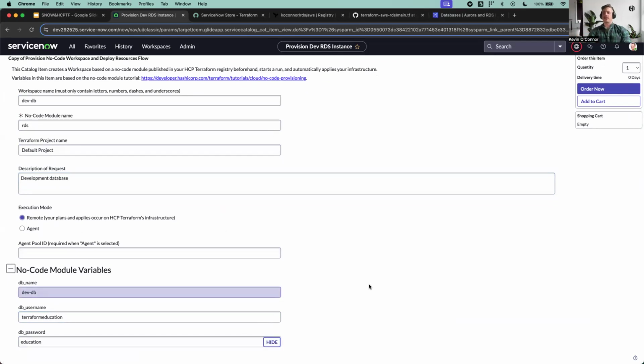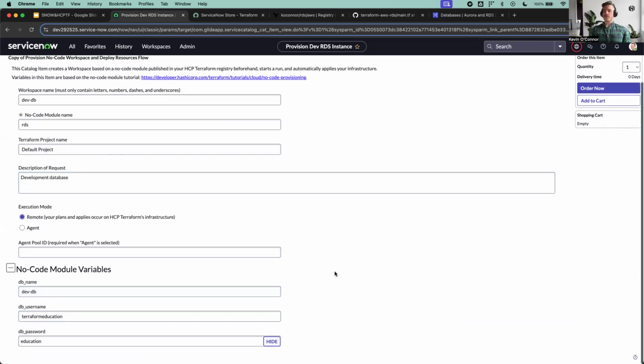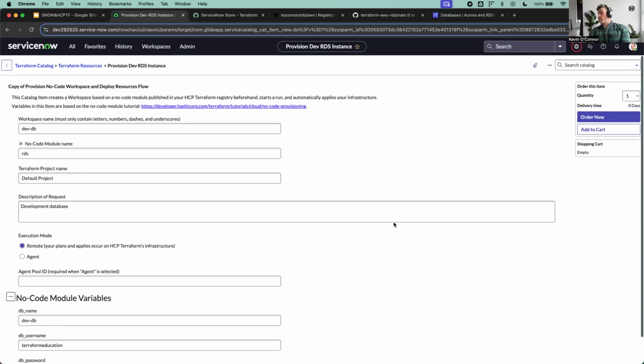We're not actually going to be logging on to the DB, so it doesn't necessarily matter for the purposes of the demo, but just to kind of show you how it all works. Okay, so that's all that we need. Now to get this thing deployed, I'm just going to order